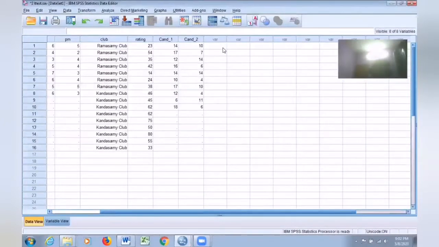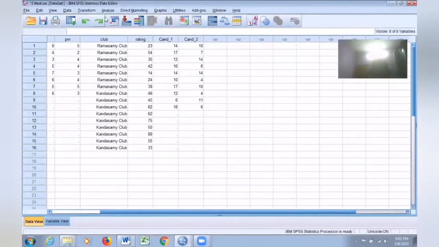Here, we cannot conduct a paired sample t-test because the data is not numeric data. The data is ordinal data. The teachers, the interviewers have ranked the candidates on the scale 0 to 20. So, the data is ordinal. So, instead of a paired sample t-test, I am going to conduct the Wilcoxon test.